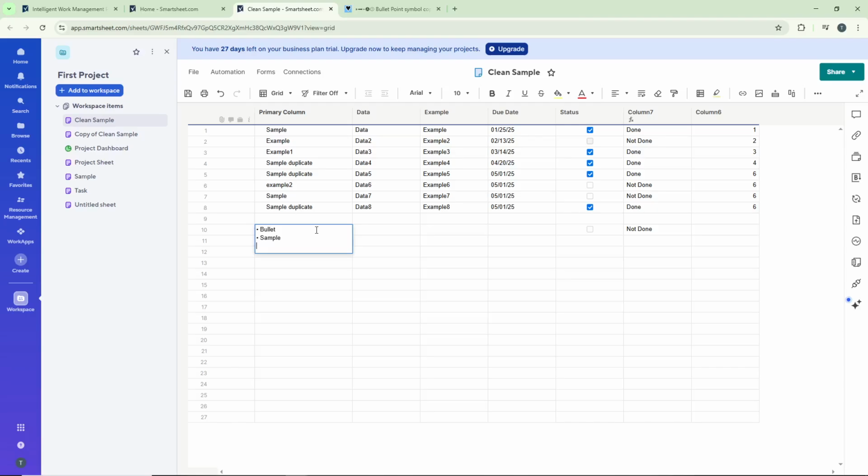This method allows you to format your Smartsheet cells with bullet points, making lists and information much easier to read and